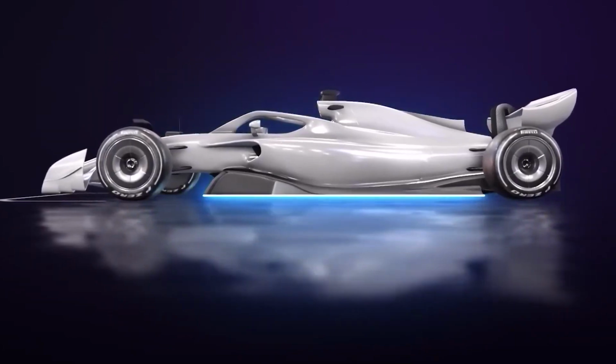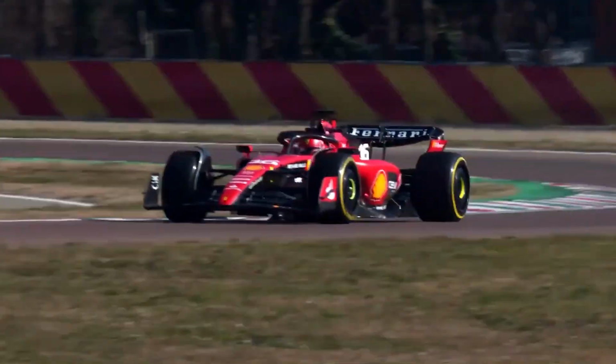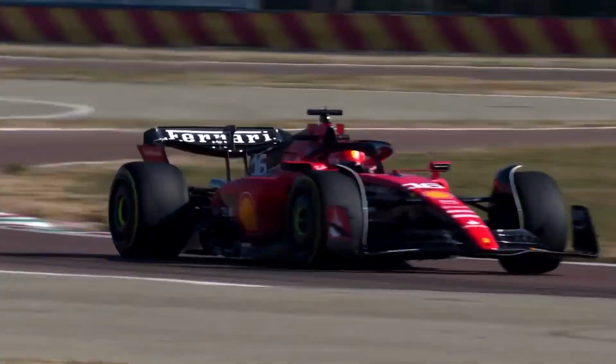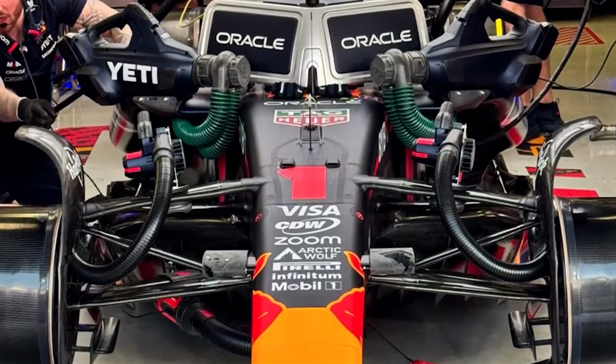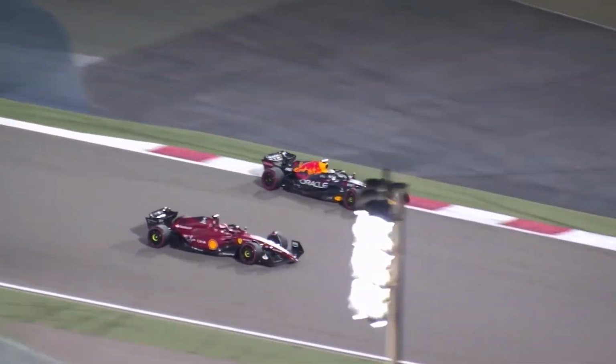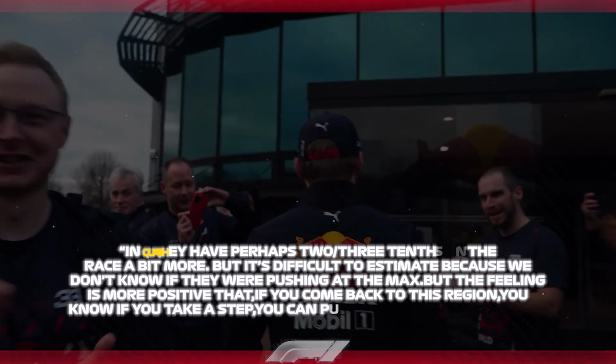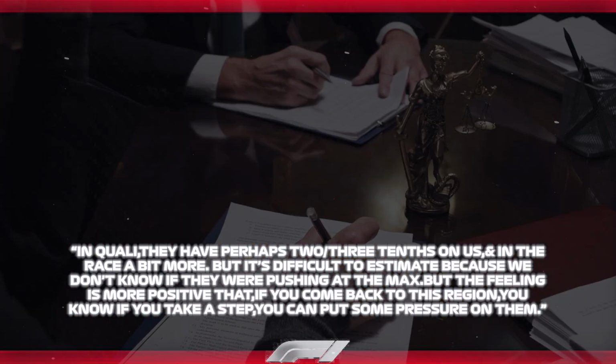Team principal Fred Vasseur believes that the gap to the front is not insurmountable, unlike last year when any improvements would have been futile. Reflecting on Ferrari's performance after the initial races, Vasseur acknowledges Red Bull's superiority, but sees reasons for positivity. He notes that while Red Bull has a slight advantage in both qualifying and the race, Ferrari is closing the gap. Vasseur stated, "In quali, they have perhaps 2-3 tenths on us